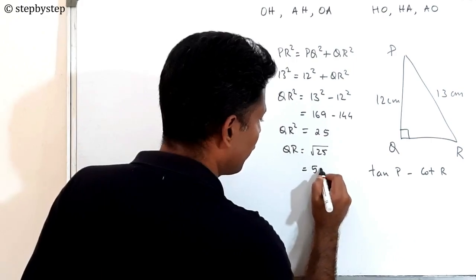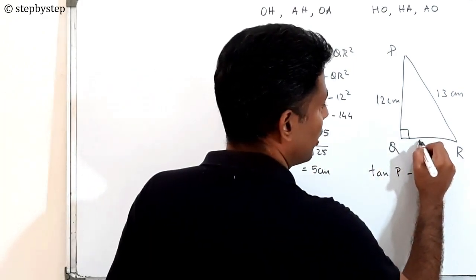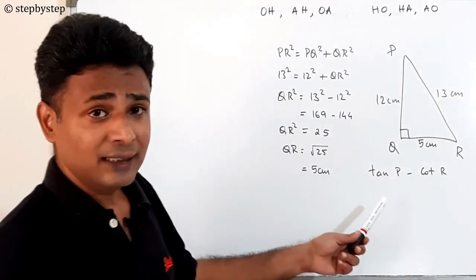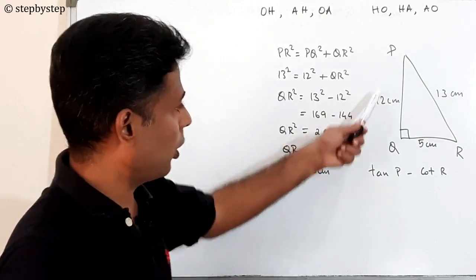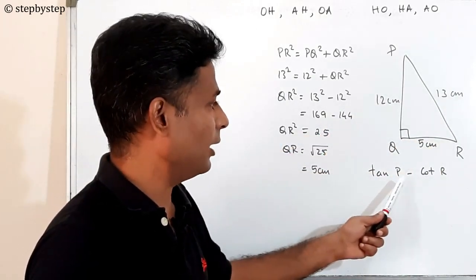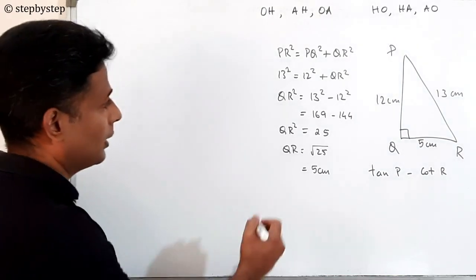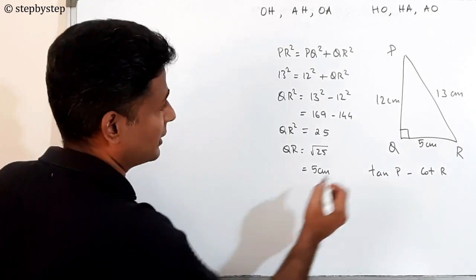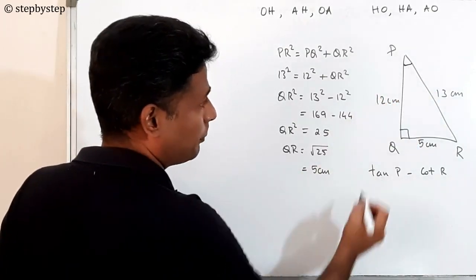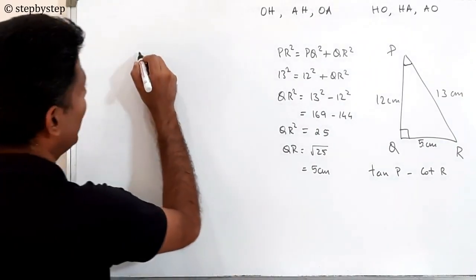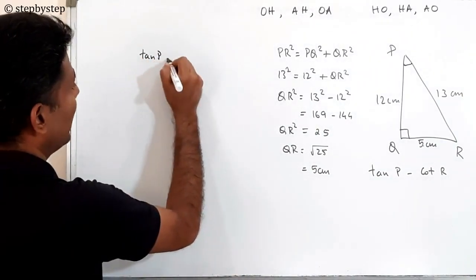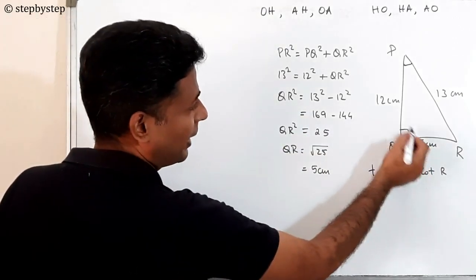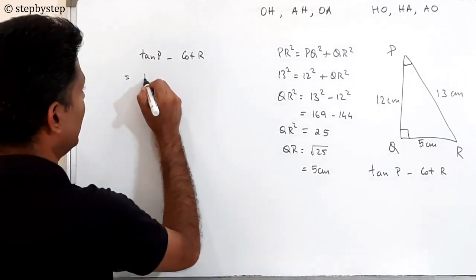So that is equal to 5 centimeter. So we got this side as 5 centimeter. Now guys, we have found all three sides. Now we have to find the value of tan P minus cot R. Now what is tan P? Tan is opposite by adjacent. So tan P, the angle is P, which is the opposite side? 5. So tan P is opposite side by adjacent, so 5 by 12